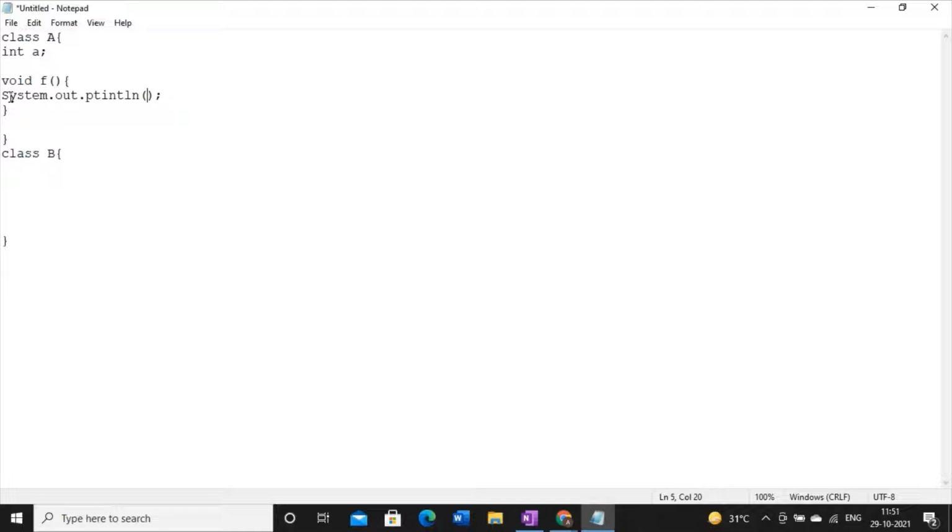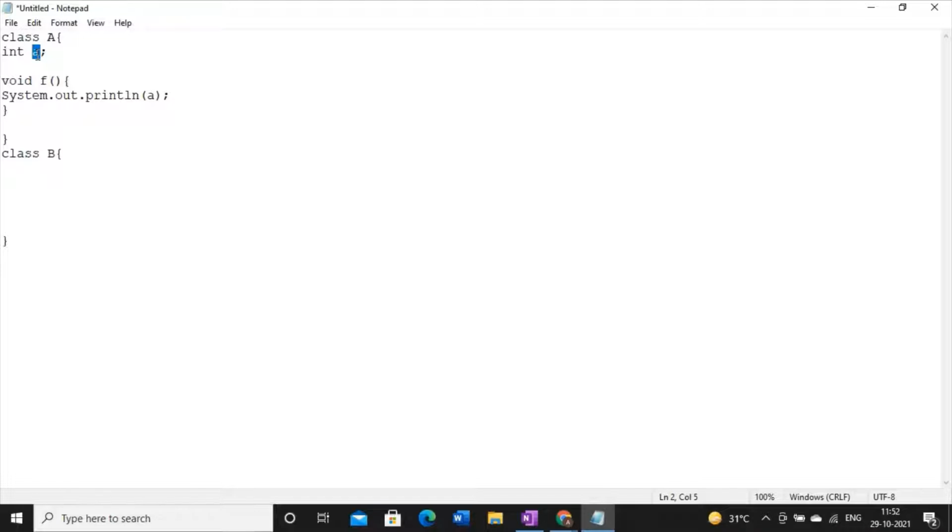Now how can we print the value of the variable a? We just write a. See here, if I write a, you have to remember one point. If I write the variable name directly, it means I want to print the content of a, whichever value is stored inside a.